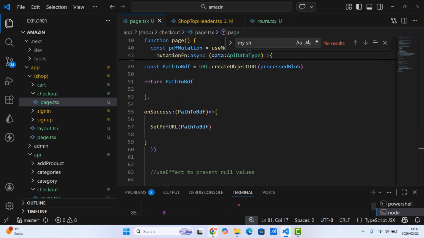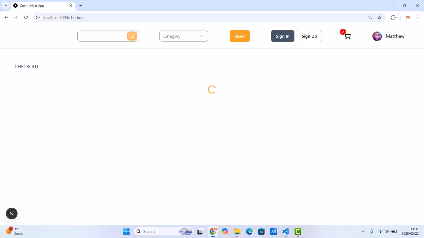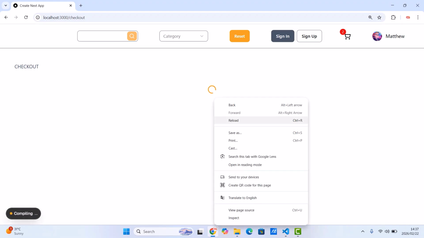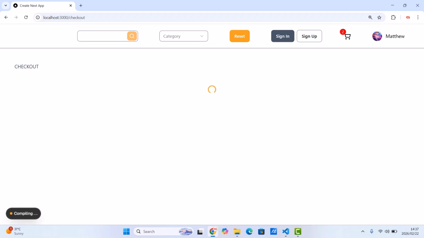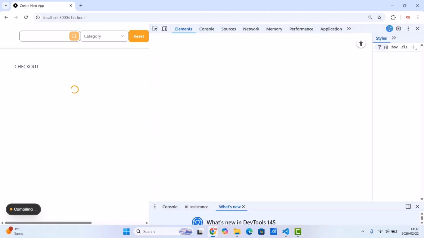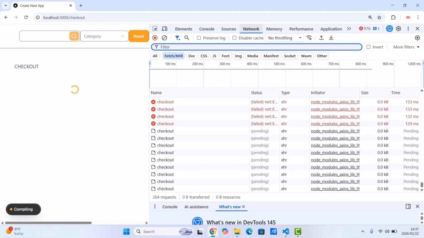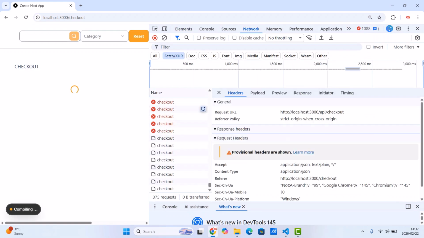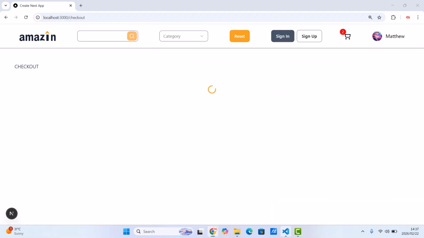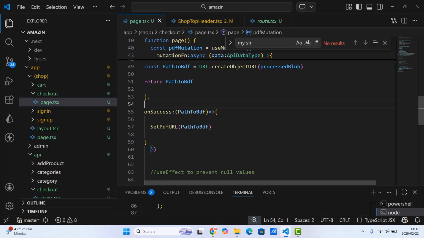First of all, let's check what's in the UI. This is processing a checkout. Let's check what is going on. As you can see, this looks like it's some sort of re-rendering. And then let's check here. This is calling checkout endlessly. It keeps on calling checkout, calling checkout, calling checkout. So we don't want that. So what we want to do,